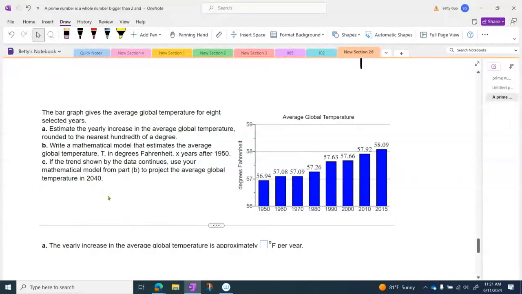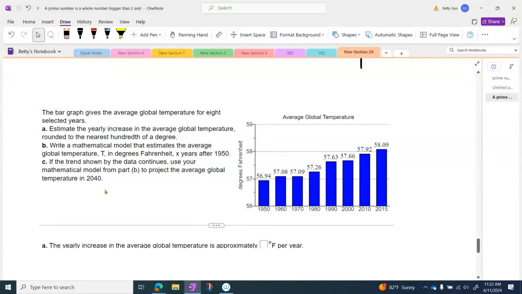temperature for 8 selected years. So this is a two-dimensional graph. The horizontal scale represents the time. As you can see, it starts from 1950 and then 1960, 1970, all the way to 2015. So the horizontal x-axis is the time in year. And the vertical scale, if you turn your head, it says degree Fahrenheit, is the average temperature